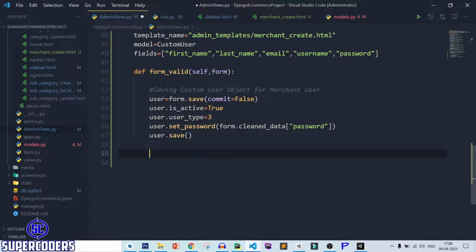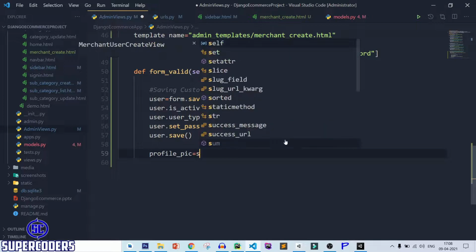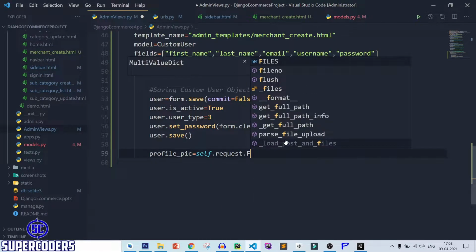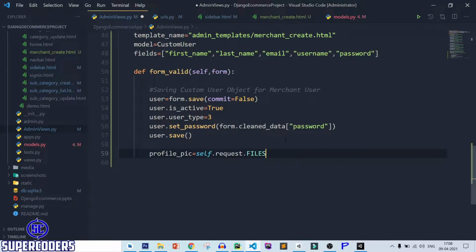So let's access the profile pic: profile_pic equal to self.request.FILES profile_pic.